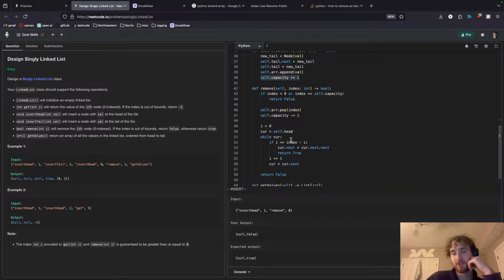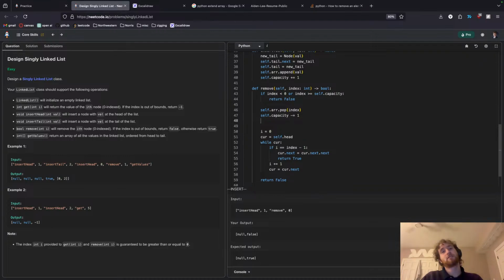I think it's more so, for this case, index is gonna be 0. So I'm trying to check before it. Because this is just trying to check like if 0 equals -1. I'm trying to think of a better way to do it. I think literally I'm just gonna add the case of